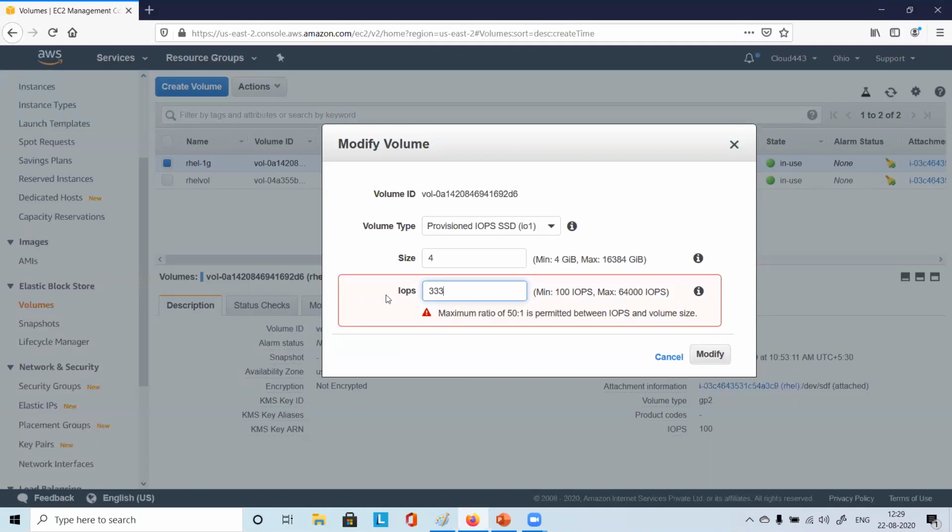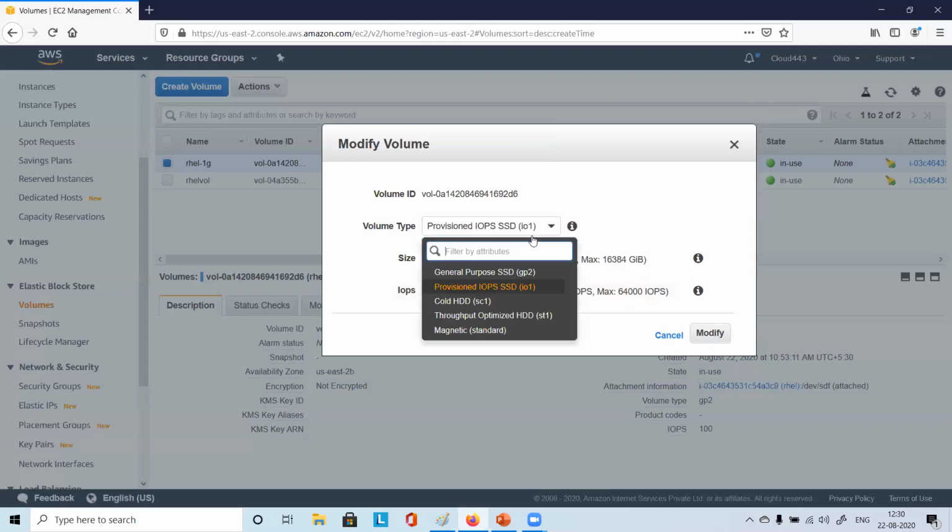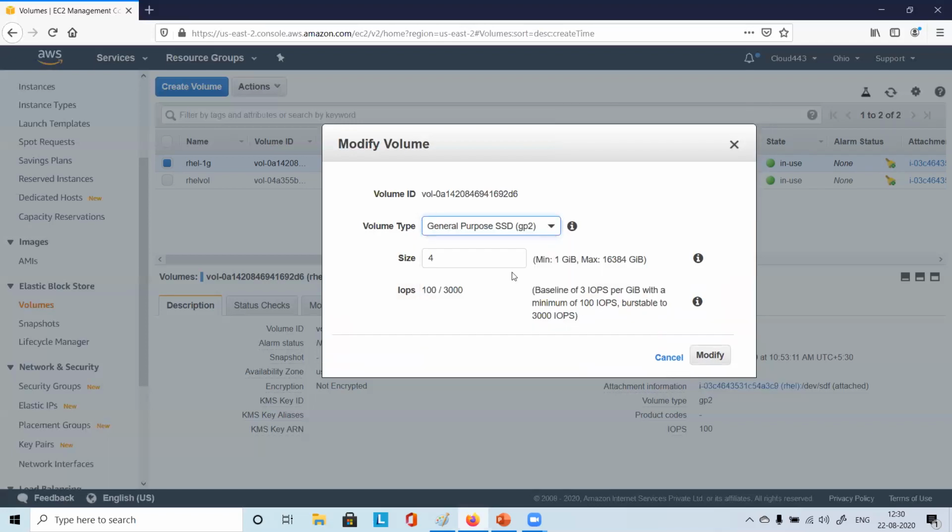If I make it bigger, it says maximum ratio of 50:1 is permitted between IOPS and volume size. So I will say 200 and the size is 4, and I will click on Modify, right? So it will get changed. If I just want to continue with GP2 only, instead of 1 GB, I make it 10 GB and click on Modify.